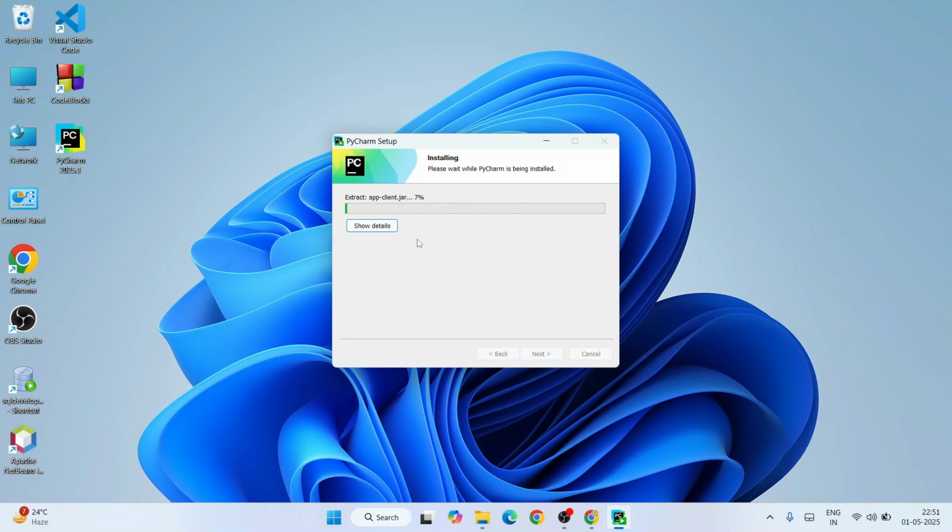So immediately it is going to start installing our PyCharm unified version. So you can see our desktop shortcut is also created over here. And it's going to take some time to install our PyCharm. So let's wait for a couple of minutes, and by the time it gets installed, I would also like to